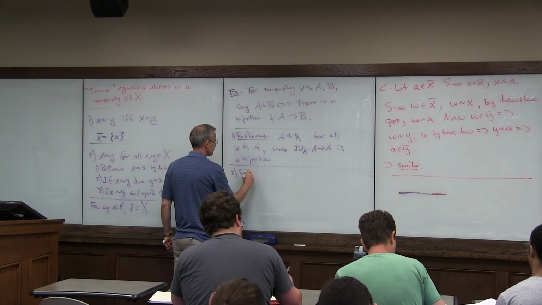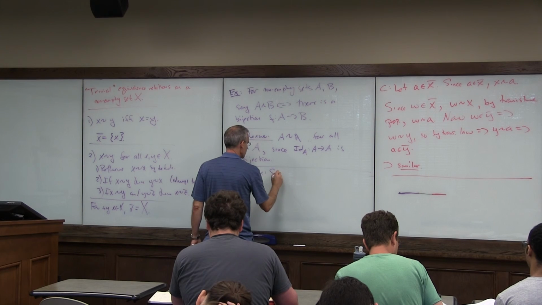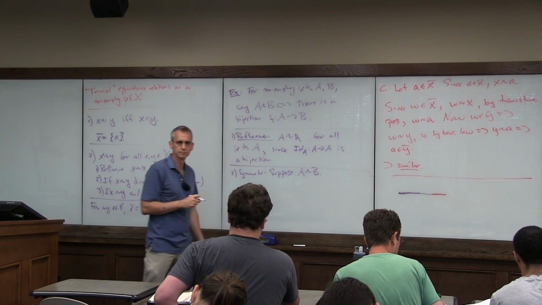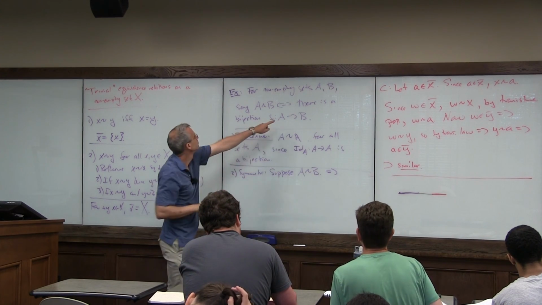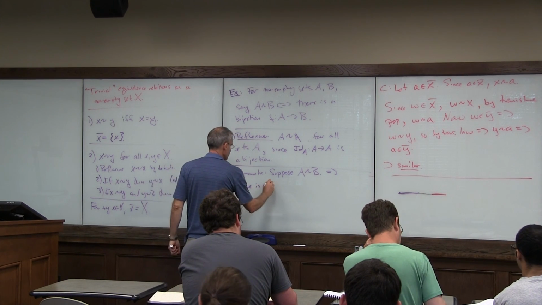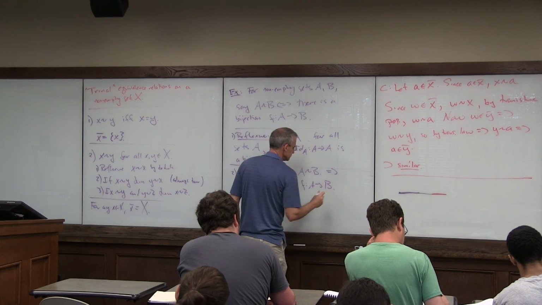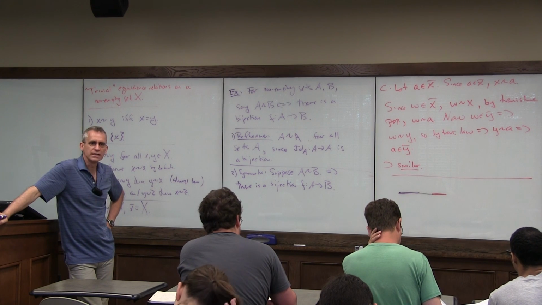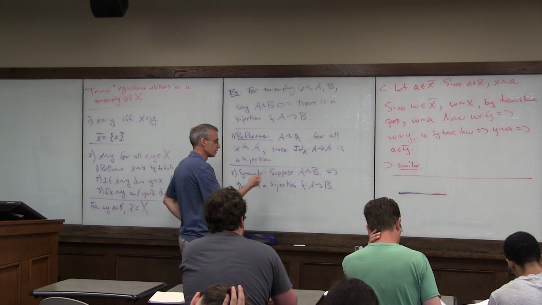What about symmetric? Okay, I've said it's an equivalence relation, so let's go ahead and start the proof. Suppose that A is related to B. What does that mean? There is a bijection F from A onto B. Who can tell me a bijection from B to A? F inverse. F inverse. Very good, right? We proved that the inverse of, in one of your exercises